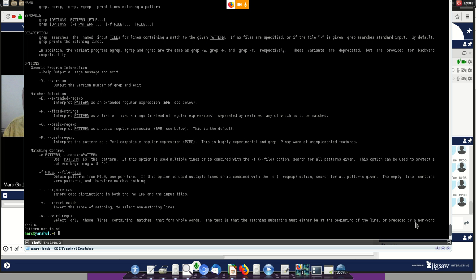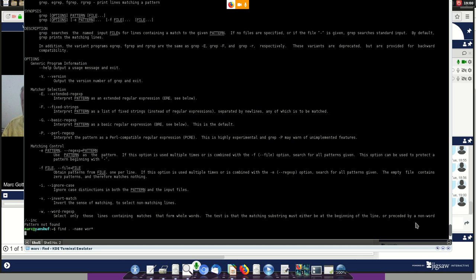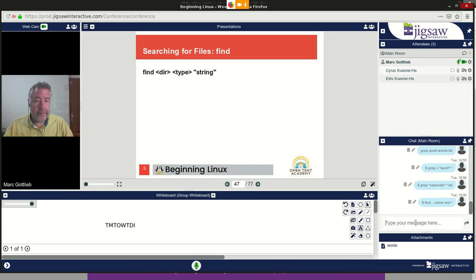Now it's not looking for strings within the files. It's actually looking for the names of the files, and it will respond with whatever matches, star being the wildcard for any character whatsoever. So find tick name words, fine. What you can also do is find from here, and you can actually tell it